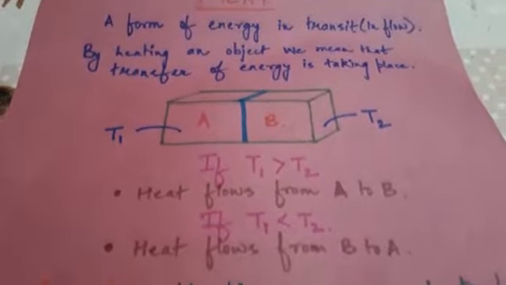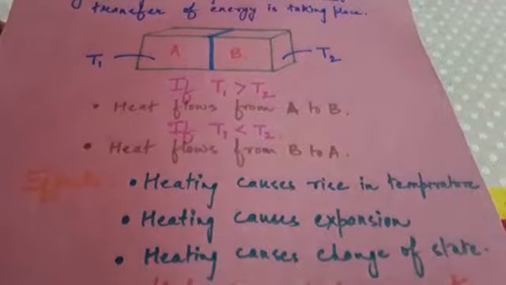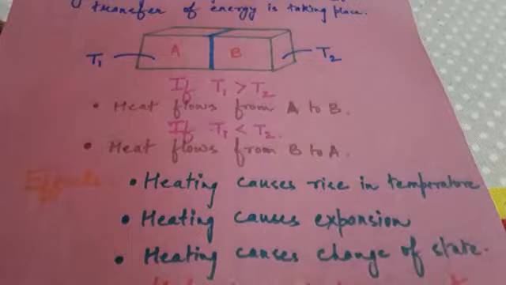Now, what are the effects of heating? The first one is that heating causes a rise in temperature. Now, let's see an example. If you take a hot cup of tea and you put a spoon into it, what happens? You find that after a few minutes, the spoon becomes hotter. How is it so? The heat from the hot tea is getting transferred into the spoon, and that raises the